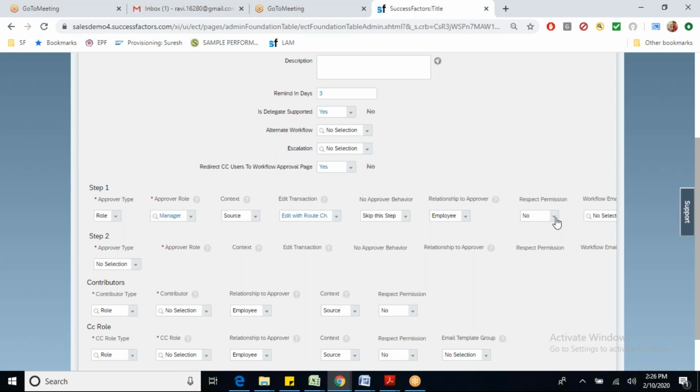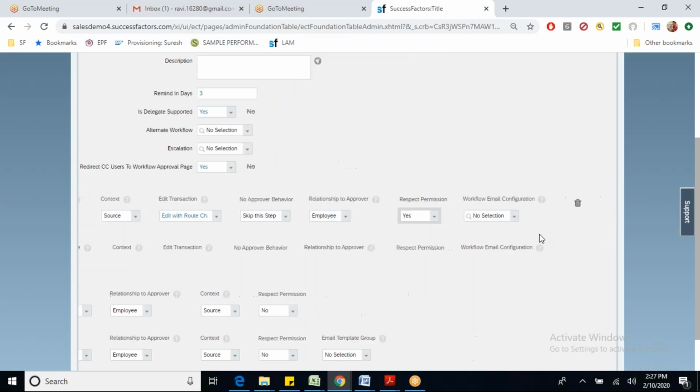If I say respect permission yes, and the manager has permission for only 2 fields, then the manager will only see those 2 fields. The other 2 fields the manager will not see because we are respecting permission. If I say respect permission no, even if the manager doesn't have access to all the fields, he will still see those fields on the workflow. That is respect permission, yes or no.